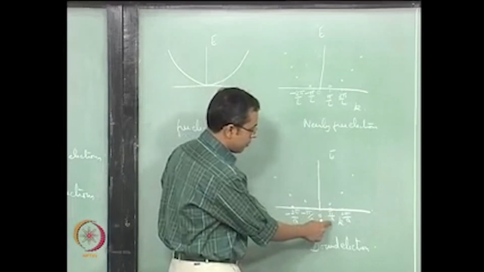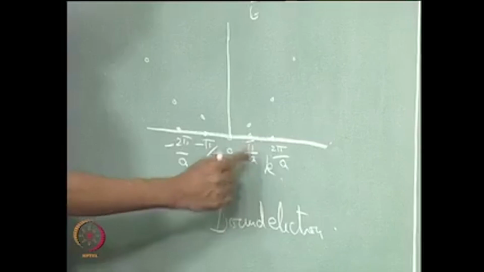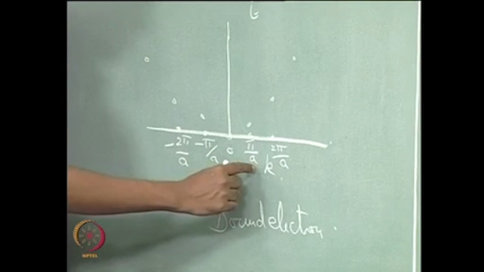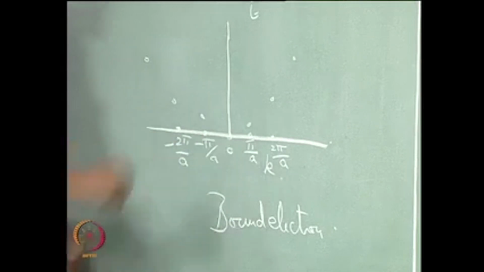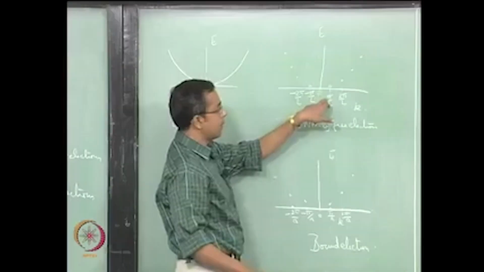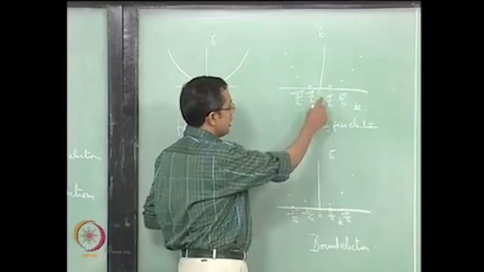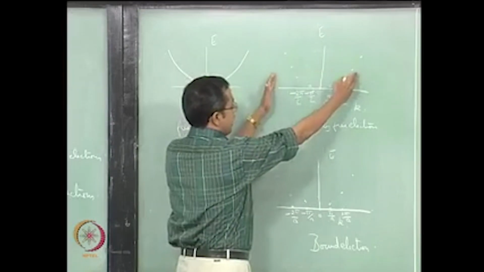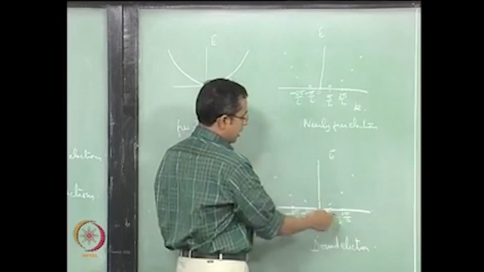Except that a is 10 power minus 10 meters. So this is in the denominator, so this is a very large number. It is pi times 10 power 10, this is simply pi. Therefore, if you take this information and plot it to this scale, then you will find that there